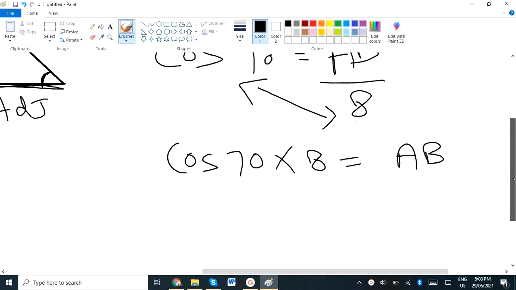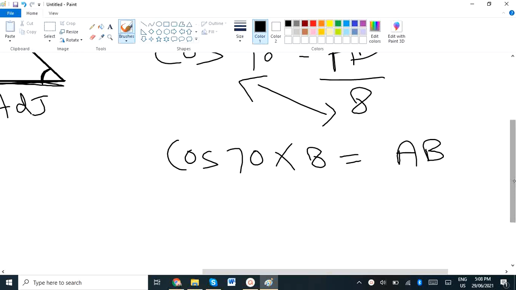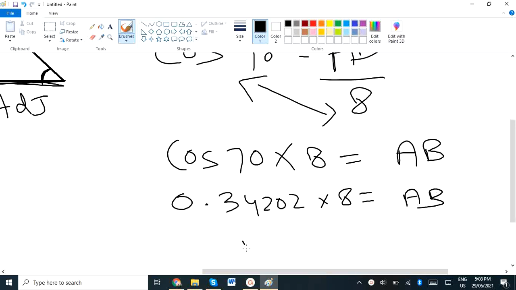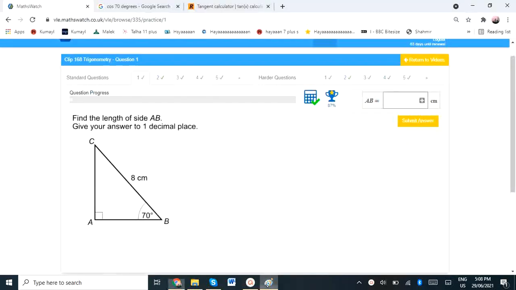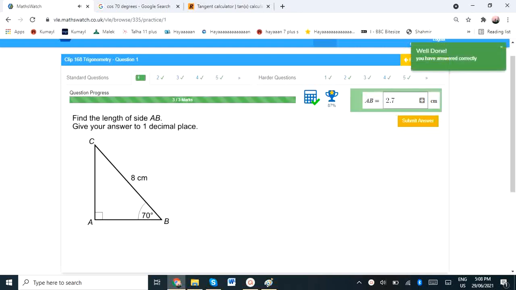On your calculator you can press cos, press 70, it will tell you the answer, multiply that by 8. On my calculator cos 70 is 0.34202, times that by 8 and it's going to be your adjacent. I got 2.74 after rounding it to two decimal places, but I need one decimal place, so my answer would be 2.7 centimeters. So this is a simple method of using trigonometry. You can decide which ratio to use according to